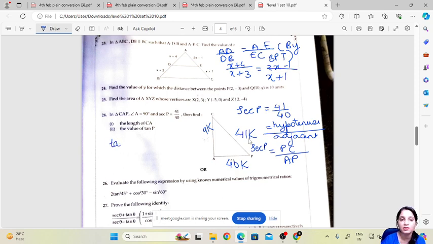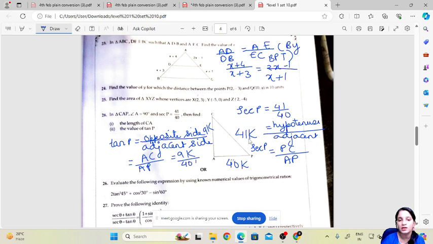Value of tan P, you have to write the formula, which is opposite side upon adjacent side. Okay, opposite side of P is CA, AC upon adjacent side is AP. So it is 9K upon 40K. K gets cancelled. Your answer is 9 upon 40. Then